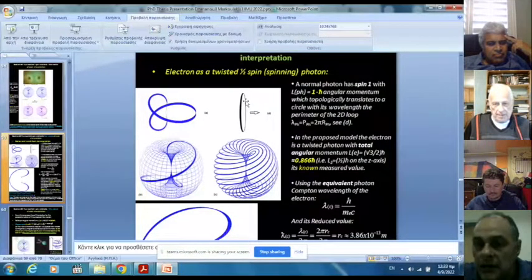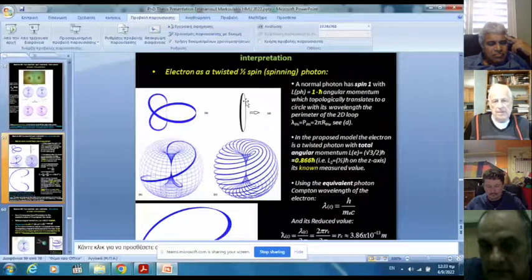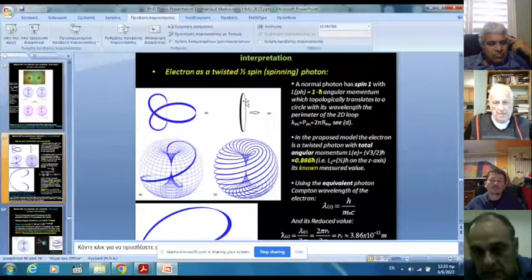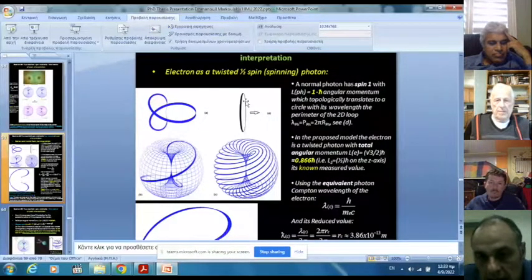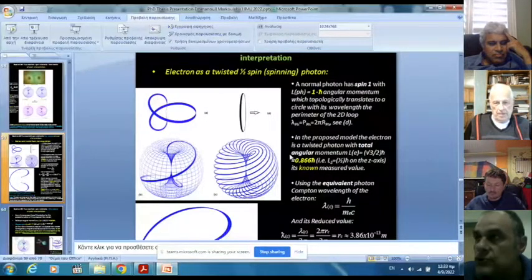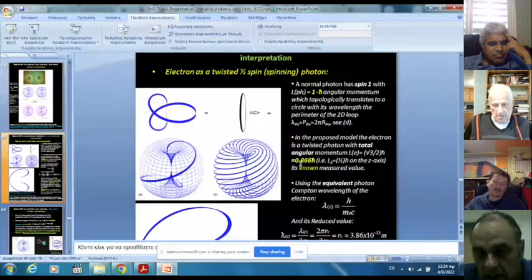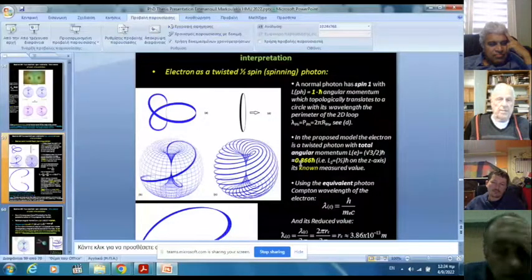Imagine, as I said before, you throw a stone in calm water in a pond, and that makes a circular wave which expands. We know that the electron does not have 1 h bar; it has less angular momentum, square root of 3 divided by 2. If you do the calculation, it's 0.866 of the Planck constant. Now, because this is twisted,